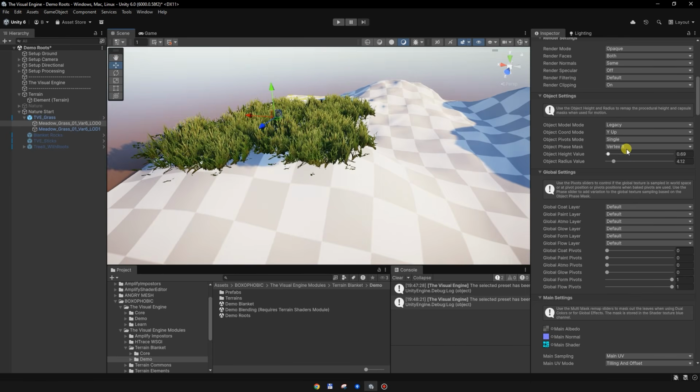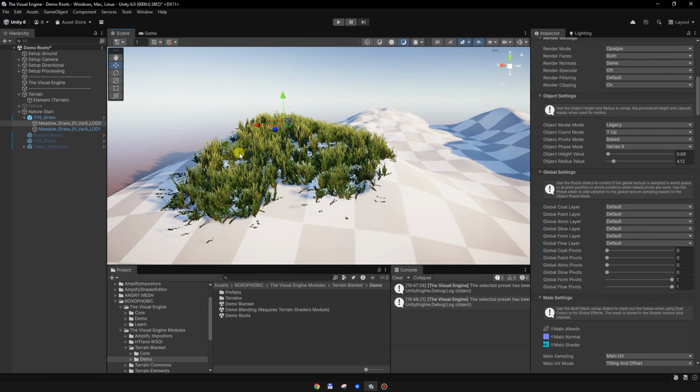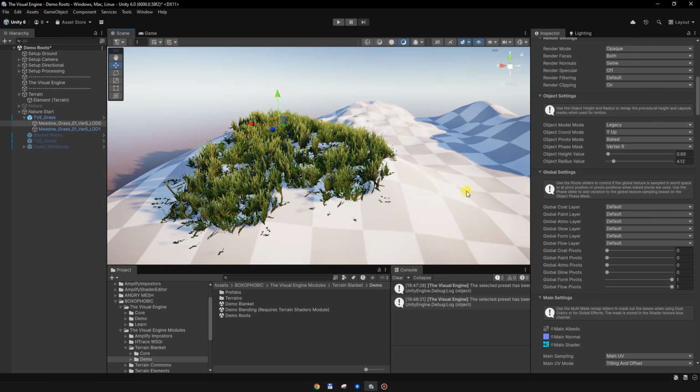Okay, so I will set back the pivots to baked, and you don't really need to worry about this one, because when you convert grass meshes with TV, it will always bake those pivots, and this will work if we set this global form